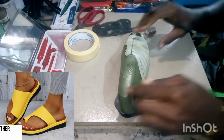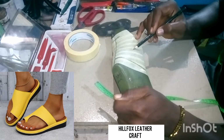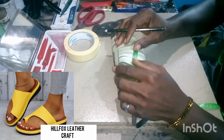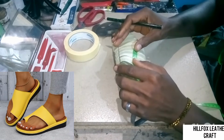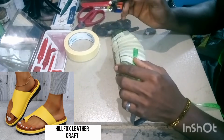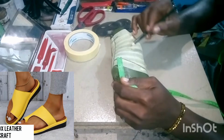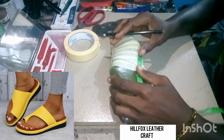So after that, the next thing you are going to do, you take a measurement from here down to this point, 1.7 inches. You can use more than that if you want the strap to be bigger, but I'm going to be using 1.7 inches. So once you take the measurement from here down here, 1.7 inches, you come also down